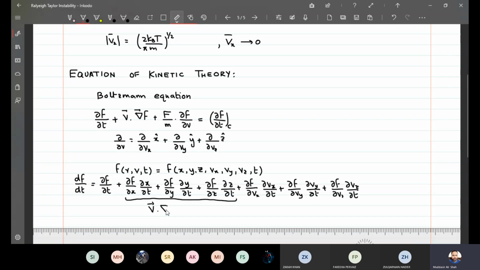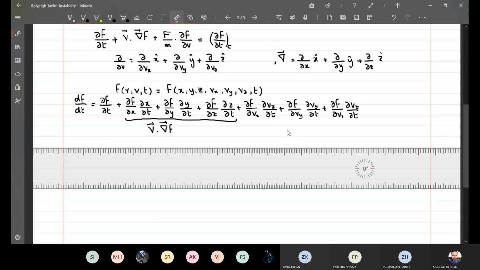dot grad of f. आप देख सकते हैं कि ये पार्शल x बाय पार्शल t और ये पार्शल बाय पार्शल x आपका ग्रेड है। तो यहाँ पर बल्कि मैं लिख दूं कि जो ग्रेड है बेसिकली वो इस तरीके से लिखा जा सकता है, पार्शल बाय पार्शल x, पार्शल बाय पार्शल y, एंड पार्शल बाय पार्शल z। तो ये जो 3 टर्म्स हैं ये मुझे ये क्वांटिटी दे रही हैं।